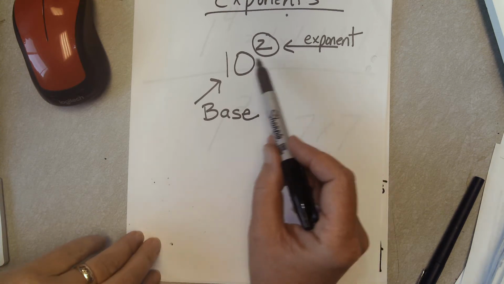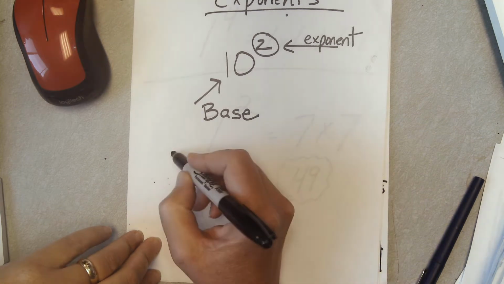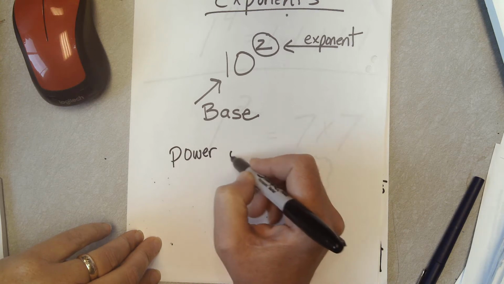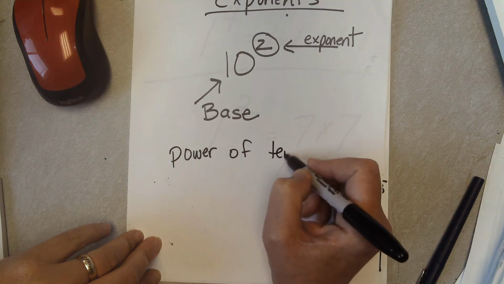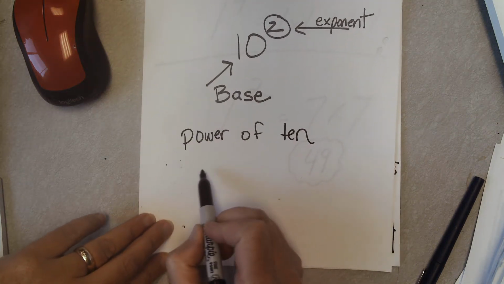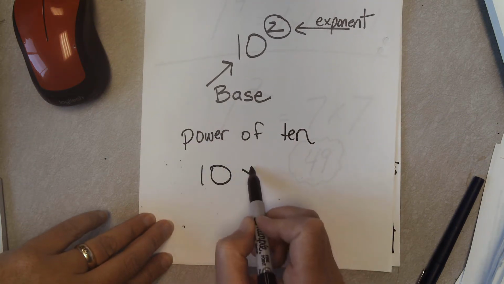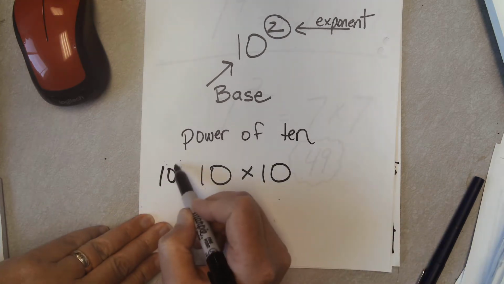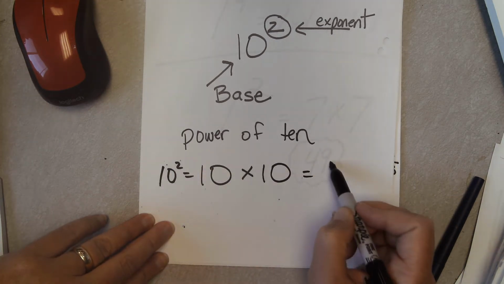And so when we look at something like this, we refer to it as the power of 10. Because we're not just saying 10 times 2. What are we saying? 10 times 10, which equals